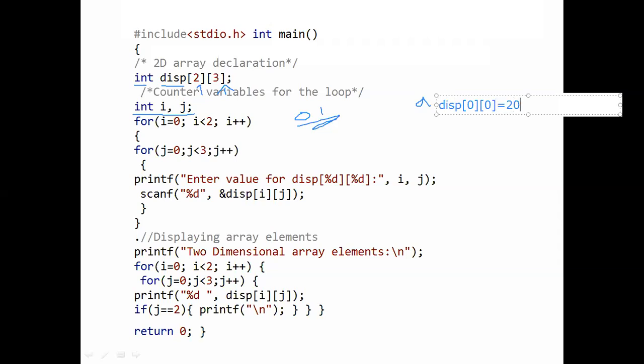That is, I will give the value 20. Next, give input to display of 0 1, that is 30.